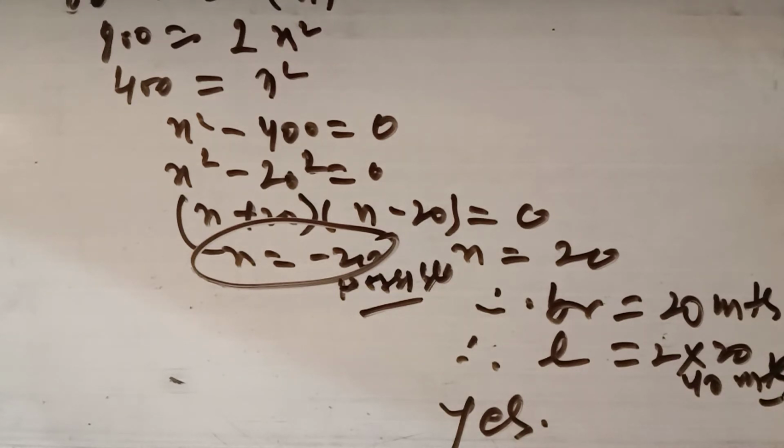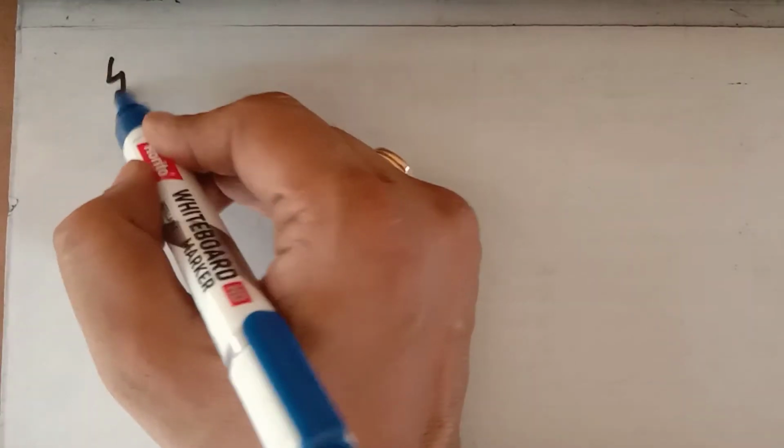So this is the question number 2. Now question number 3, again it is possible to design a rectangle, this is the question number 3. Now in question number 4, is the following situation possible? It determines the present age. Condition is given in question number 4. Read it carefully.